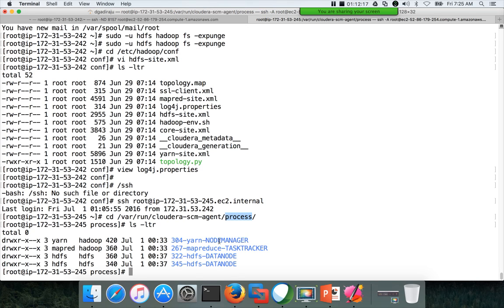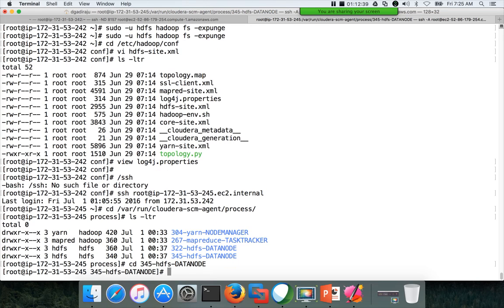In this, again there are directories, and you have a unique identifier which is a numeric value, and then the service and the component within the service. So in this case, we have to pick the latest one by seeing the latest number for data node. So this is the path which will give the current parameters which are rendered in the web interface.